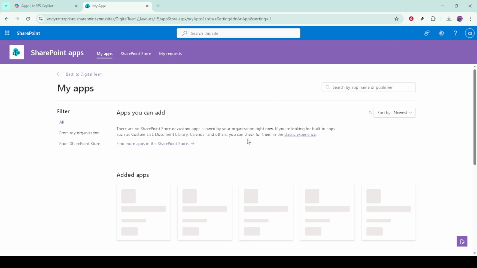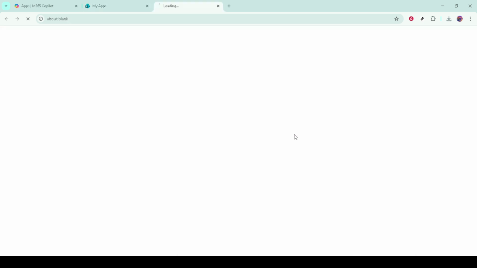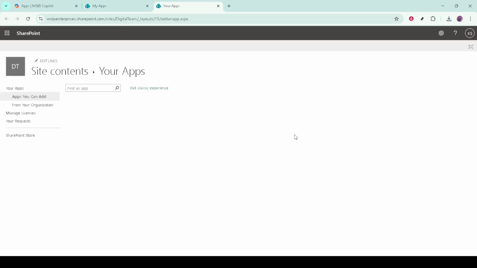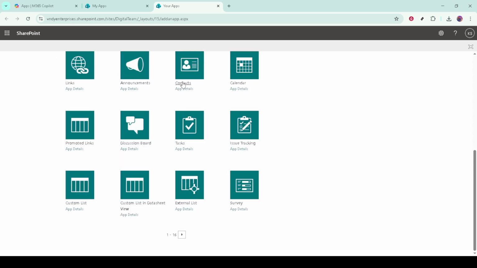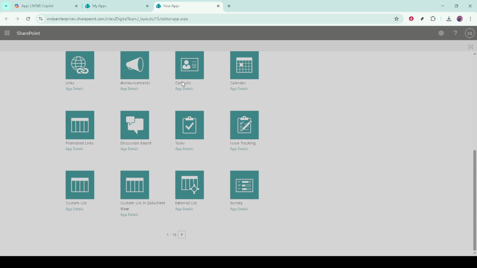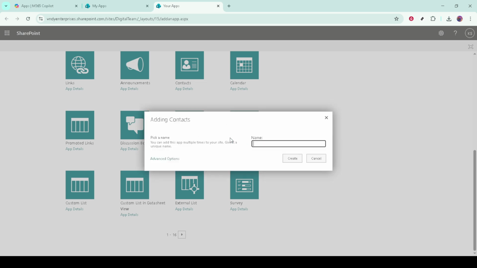Find your new Contacts app in the list of site contents. Click the three dots next to its name to open the menu, then click Settings. On the Settings page, copy the web address in your browser's address bar. We'll use this link to add an easy navigation shortcut so your team can open the contact list directly from